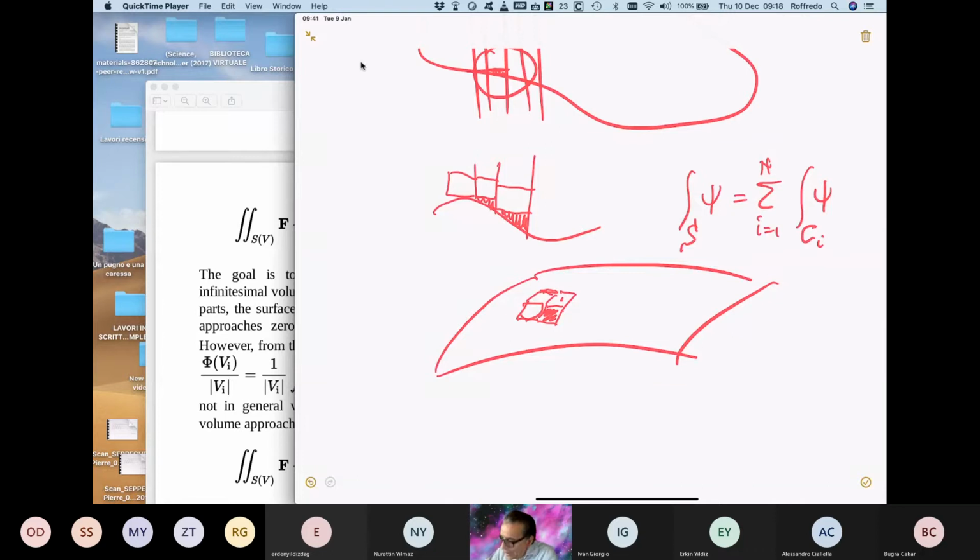I mean, the union of the squares needed for approximating the surface. Okay, so